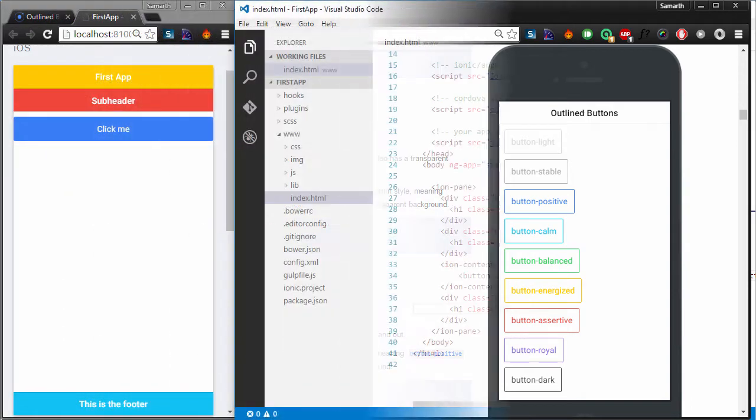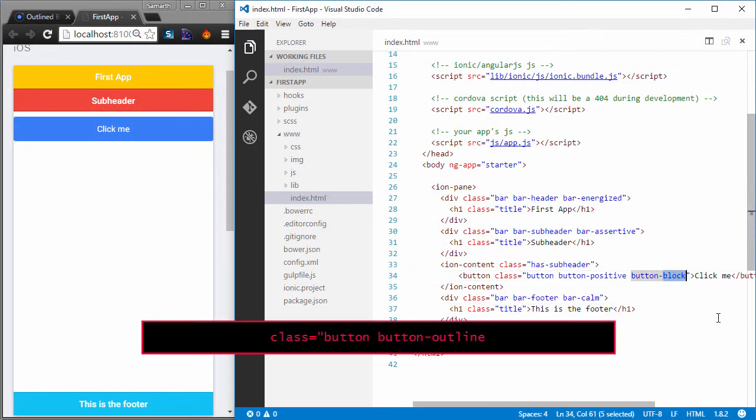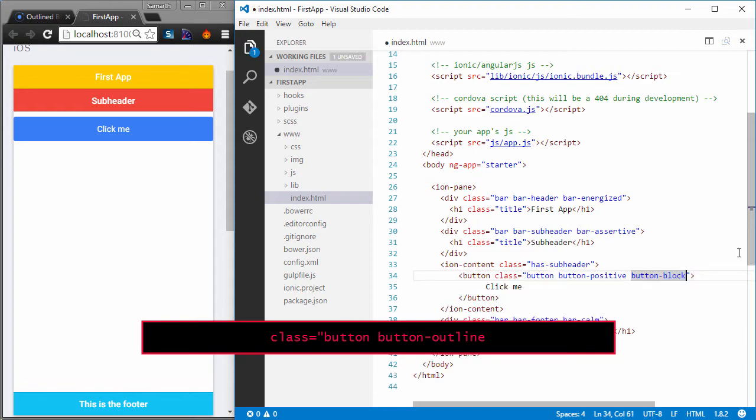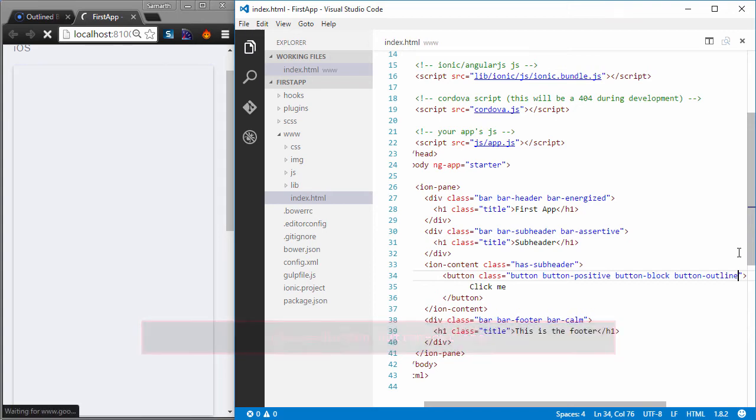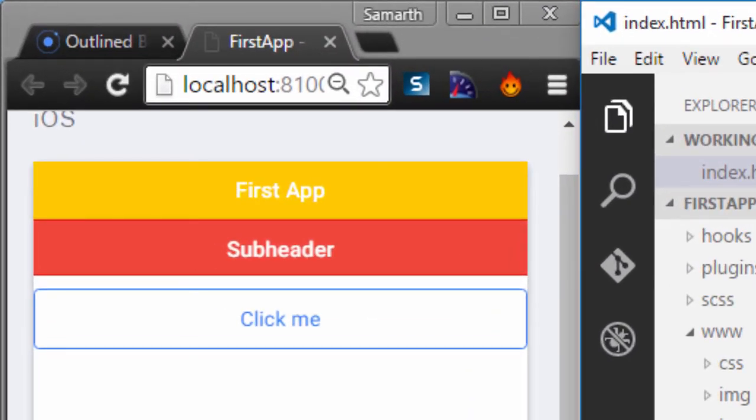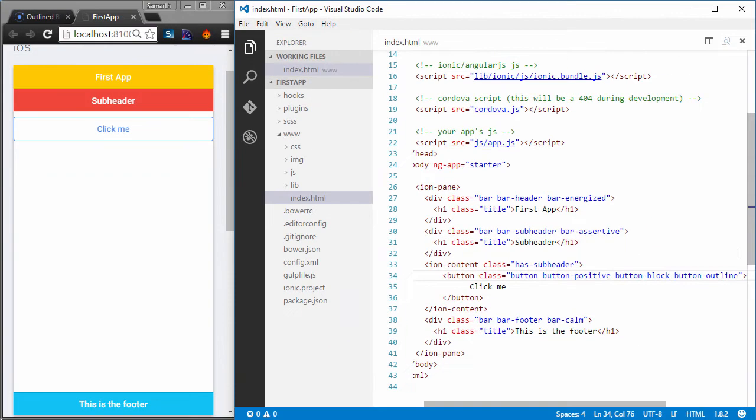We also have a class called button outline. So let's try that. Let's just apply the button outline class to this button. So I'll just apply that class here, button outline, and I'll save it. And you can see that now the button only has an outline. The fill that the button previously had, the blue color, is now gone. So this kind of looks a modern button that you can use in your applications.